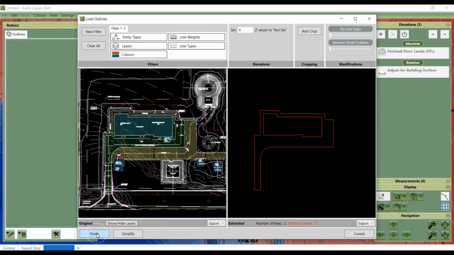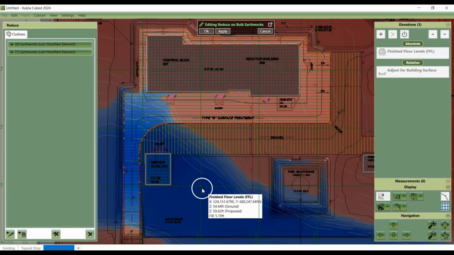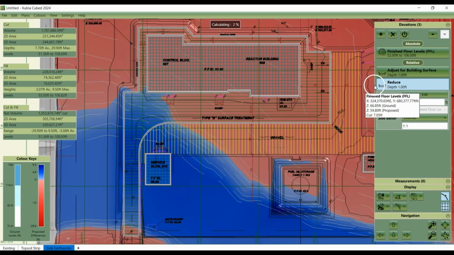So it's good to pay attention to the order of these elements in the list. If they intersect, the lower one in the list will override the higher ones. So this is particularly useful for complex sites where different surfaces overlap, but in this case it has what is known as a punch out, so it's an outline inside an outline, so they won't be intersecting. Click OK, and we'll just rename this one.